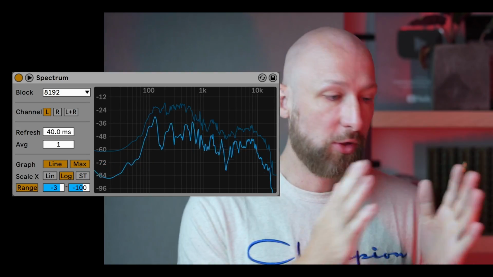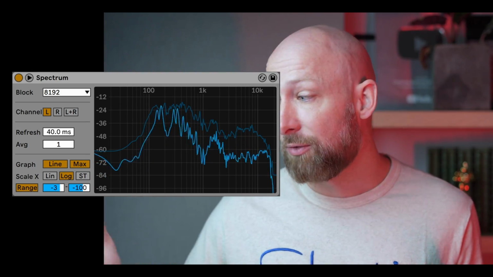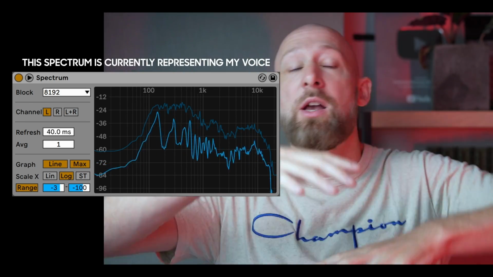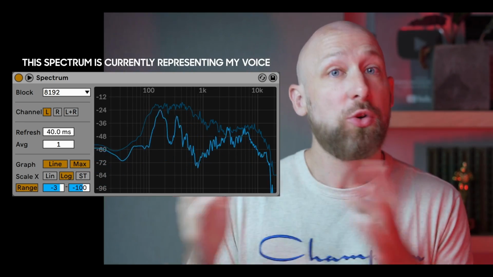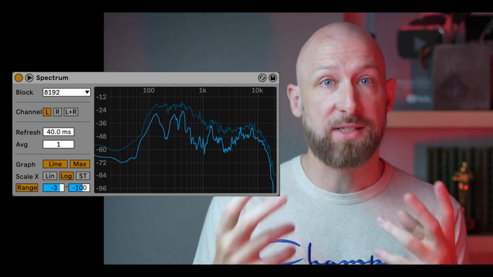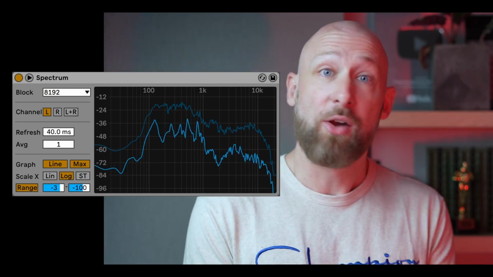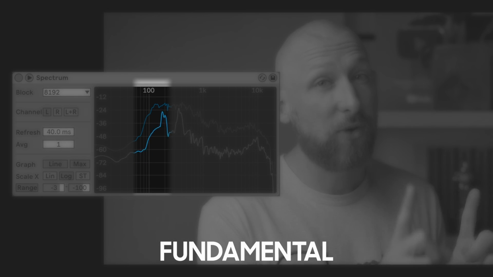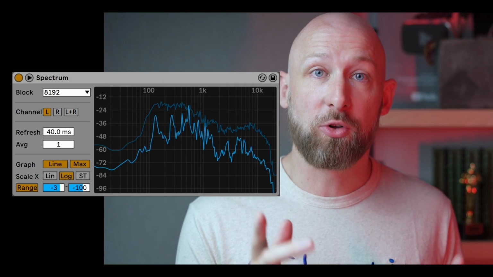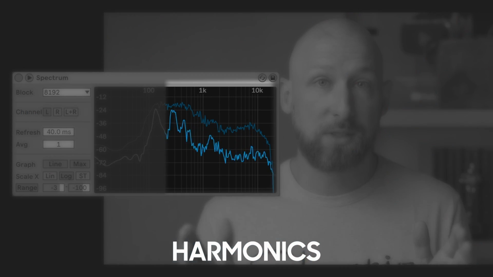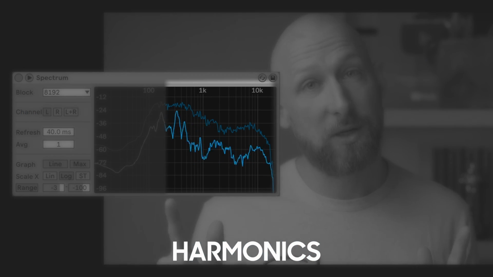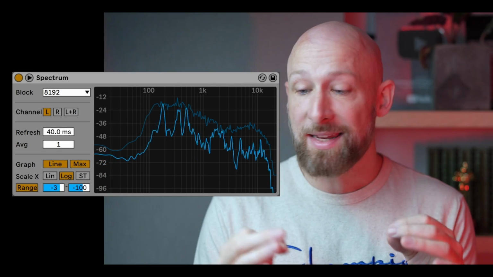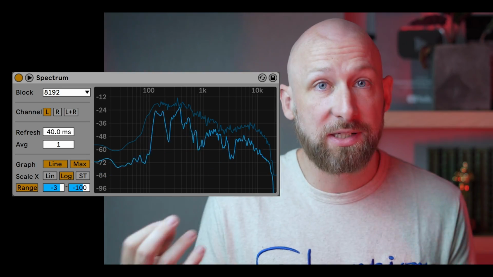So each sound has low frequencies, mid frequencies, and high frequencies, anything from 20 hertz up to 20,000 hertz. And every sound has some combination of those frequencies, which you can see on a spectrogram. Any particular sound usually also has something called a fundamental frequency, which is its leftmost peak, and we use the fundamental frequency to determine its pitch. And then that sound also has harmonics, which are other frequencies that sit above that fundamental frequency that our ear uses to detect the timbre of the sound. So for example, any sound that has a sustained pitch, like for example my voice when I go